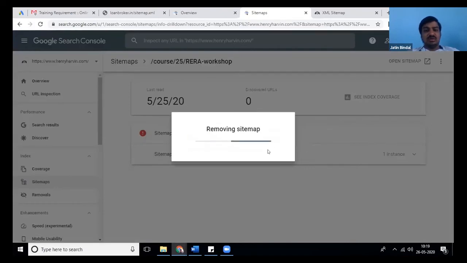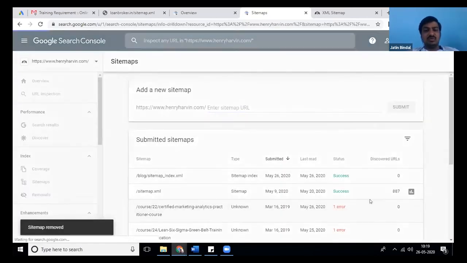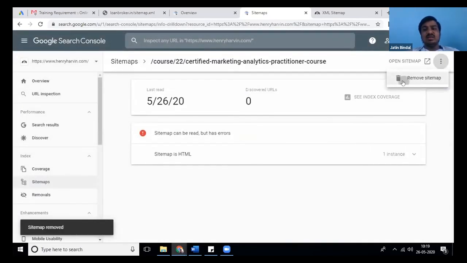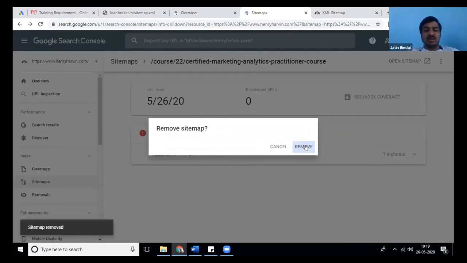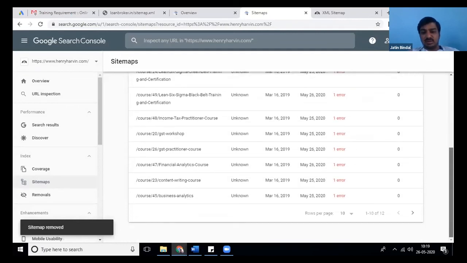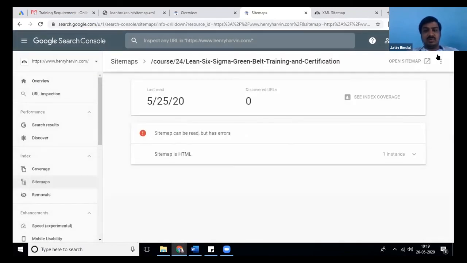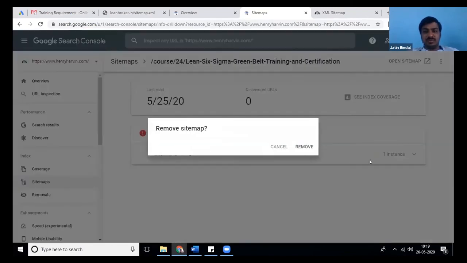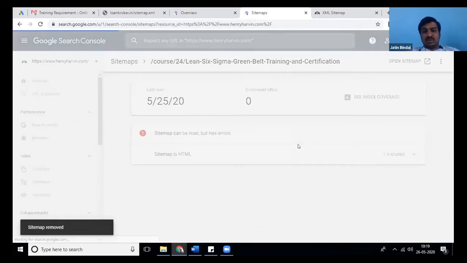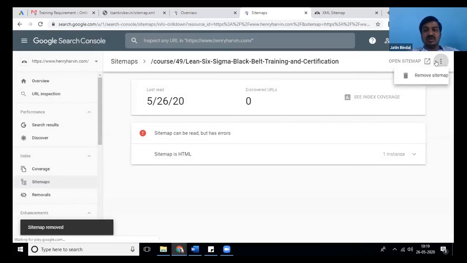Otherwise, Google Search Console will show these errors, and this will impact the overall health of your website. There are 10 to 12 incorrect entries, so I'm removing each one of them. They don't have a select all option, so you have to remove them one by one.